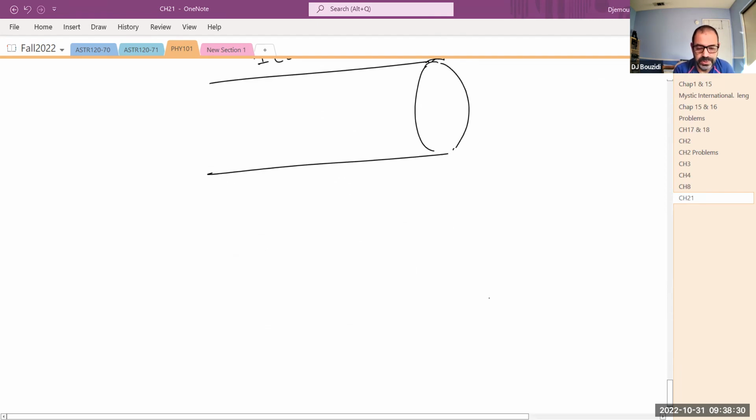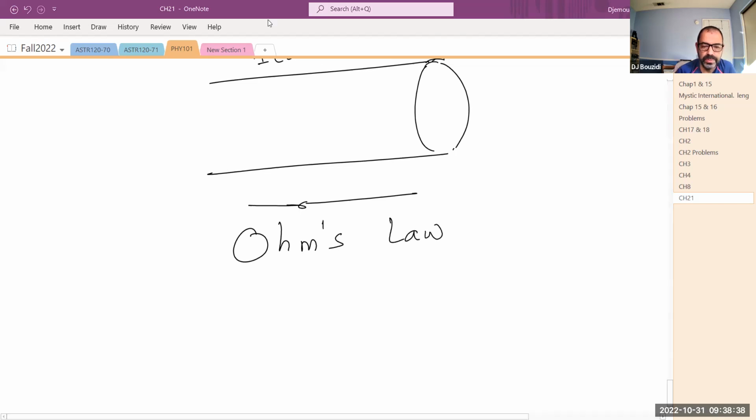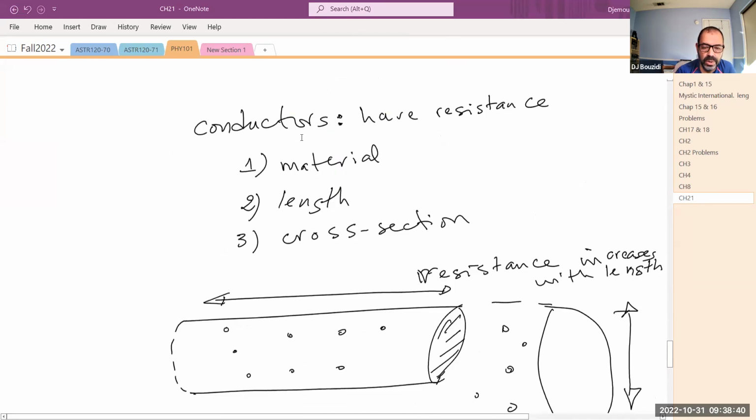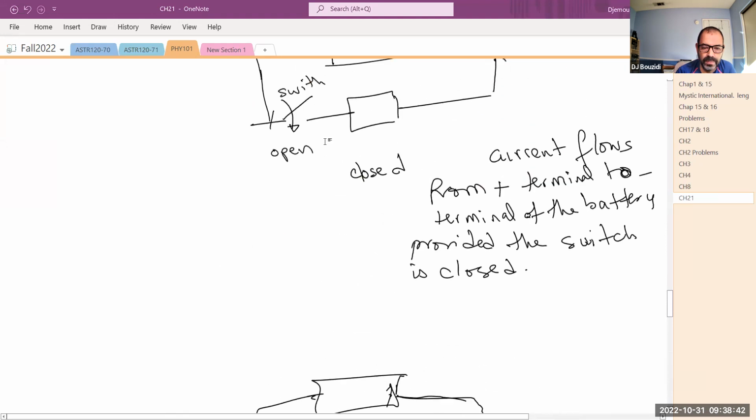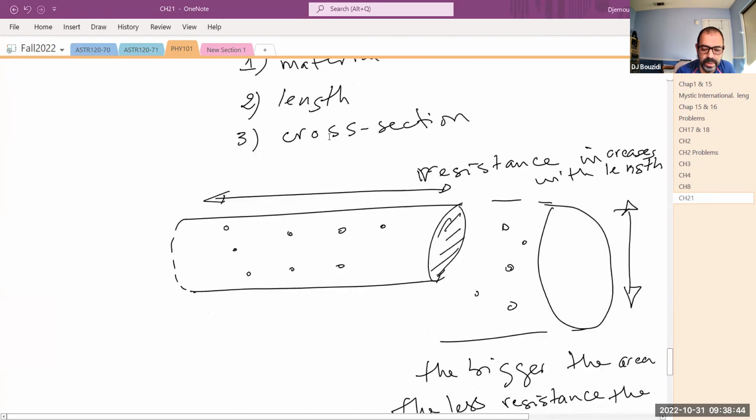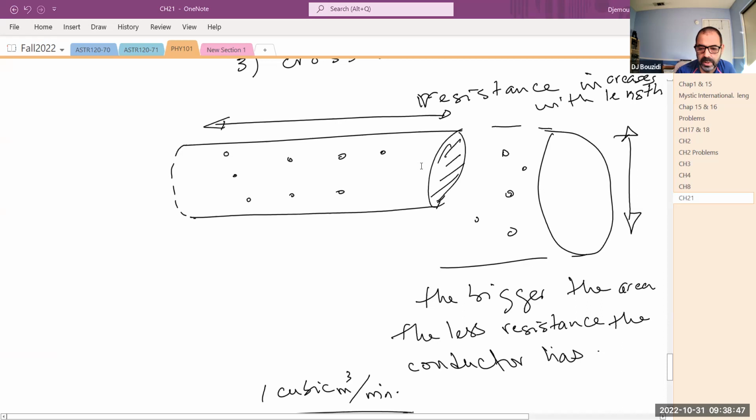So how is this resistance related to the current? This is given by Ohm's law. Mr. Ohm tried to understand what makes the charges move in the conductor from end to end when you put them across a battery. So what he found was that what makes the difference is the voltage difference between one end and the other. So the voltage difference,